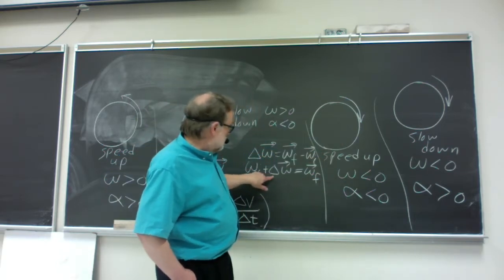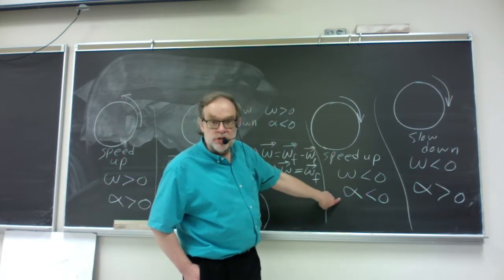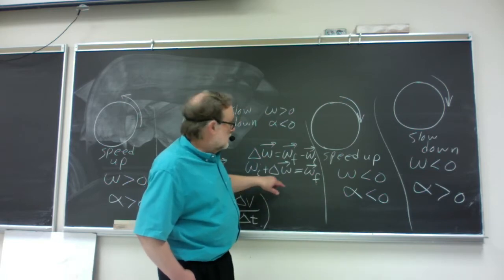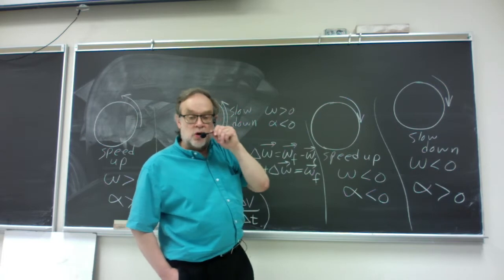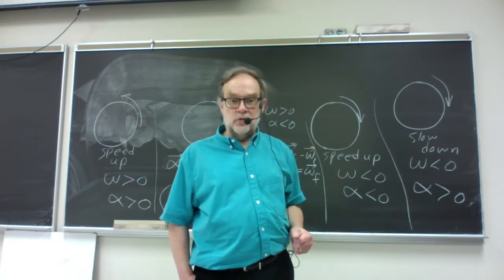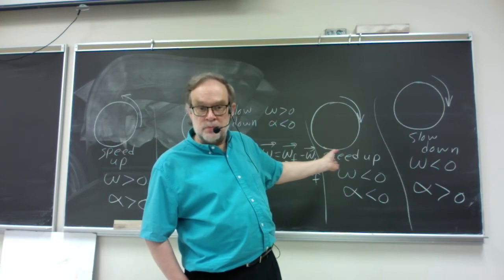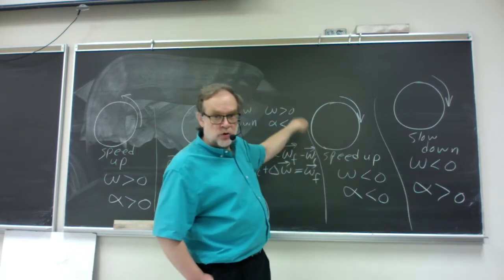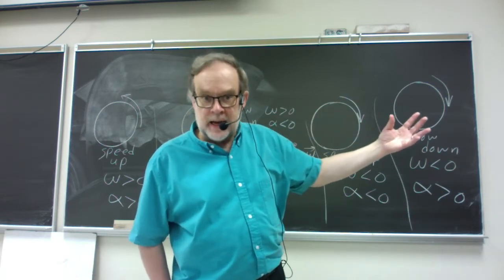And the extra velocity added on is negative angular velocity. The sign of acceleration is the same as the sign of the extra velocity added on. So speeding up with negative rotation means stronger and stronger negative angular velocity, a more and more negative angular velocity, maybe going from -10 radians per second to -20 radians per second, something like that. So to get stronger and stronger rotations in the negative direction, you need to add more of the same kind of rotation,